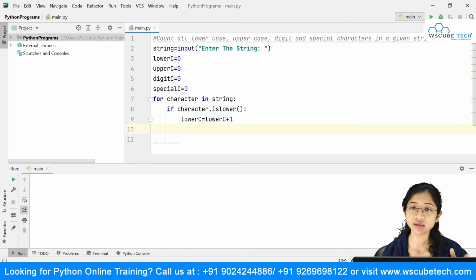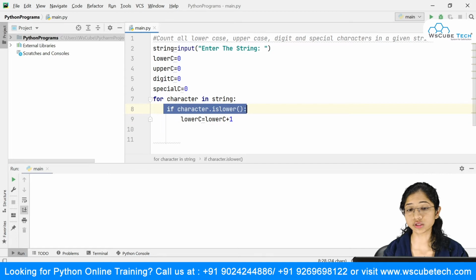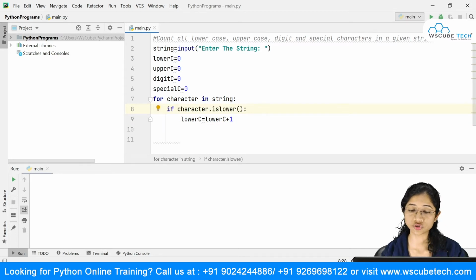Okay, so it will just count that 1. And likewise, if our second character is again small case, this count will become 2, and the counter will increase depending upon this condition. So as many times as this statement gets satisfied, like whatever characters in my string are in lower case, that number of times this count will increment. Okay, so I've set this condition, the first thing I've done with this.